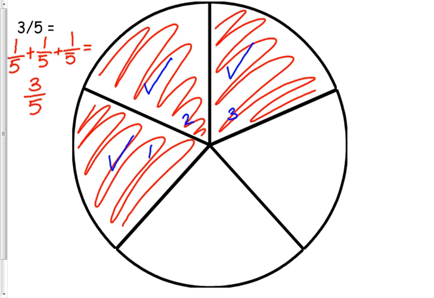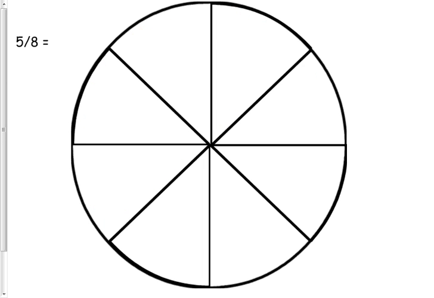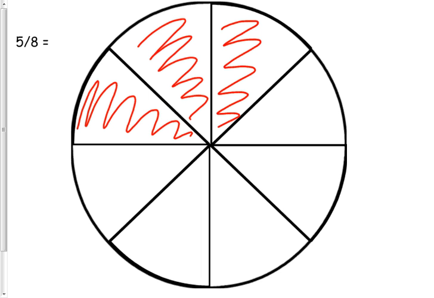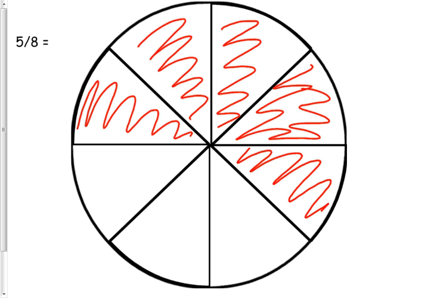We're going to try that one more time with another fraction, and this is with 5/8. So I'm going to shade everything in first this time and then count. So I have 1/8, 2, 3, 4, and 5/8. So now I'm going to count how many eighths do I need to make 5/8. So I have 1/8